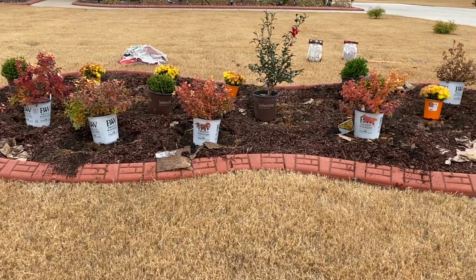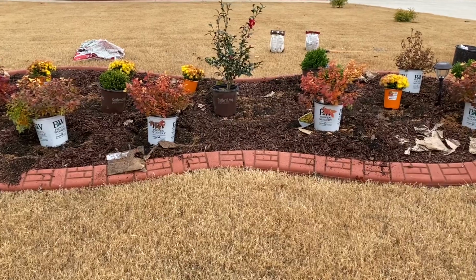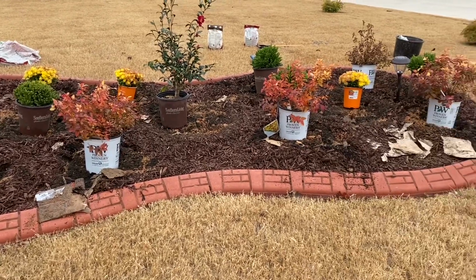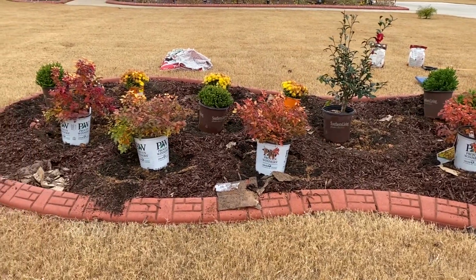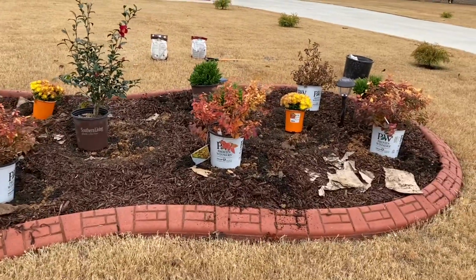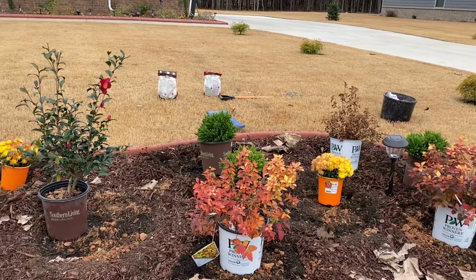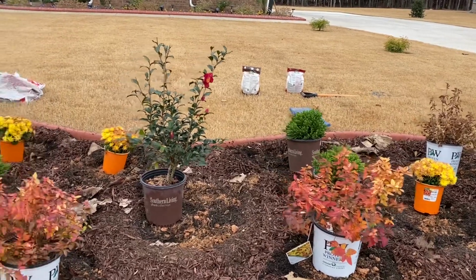Okay, so here is the placement that I've decided on. The camellias in the center, and I decided to go with the spireas across the front, which I have 1, 2, 3, 4, 5. Actually, I have 6. One died in the pot, so I have 5 across the front here, and then the Dragon Prince. It looks like the spirea is dwarfing the Dragon Prince,